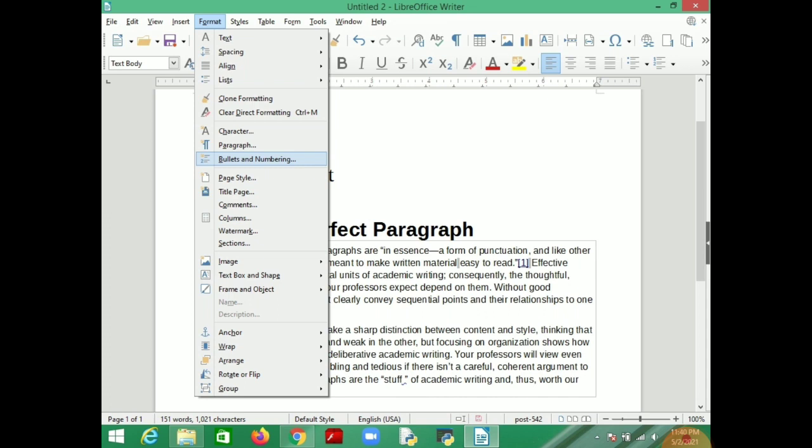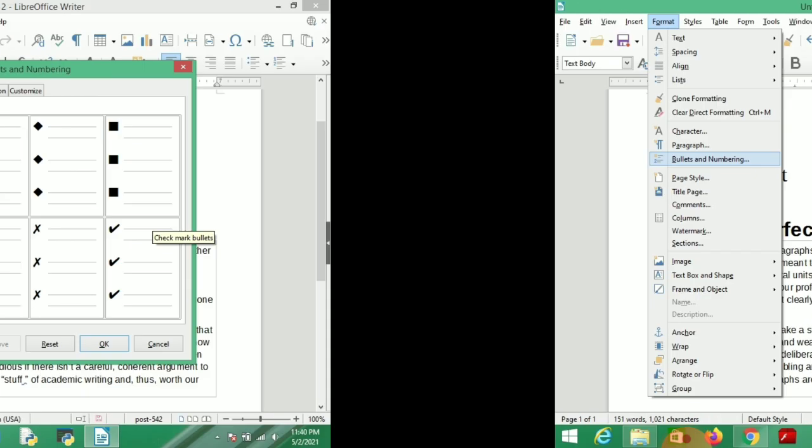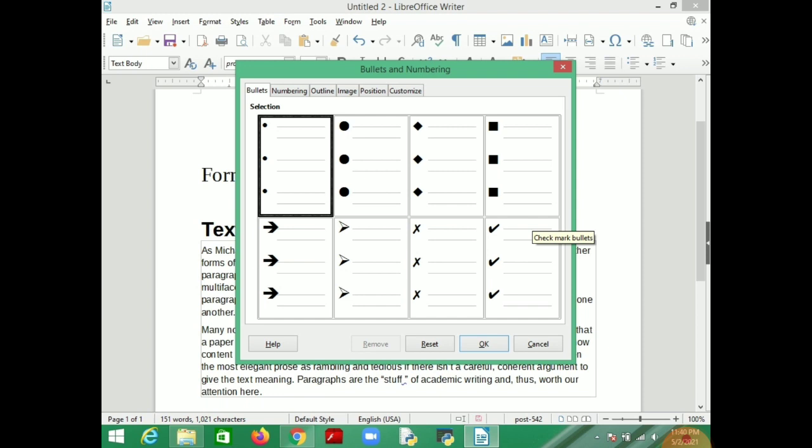Then bullets and numbering. Go to Format, Bullets and Numbering. You can number your points. Suppose you are making a question paper, you can number the questions 1 2 3 4 5 6, or you can make them bullets. Different bullets are given here. You want small dot, big dot, or other shape, square shape, arrow shape, you can select from bullets and press OK.